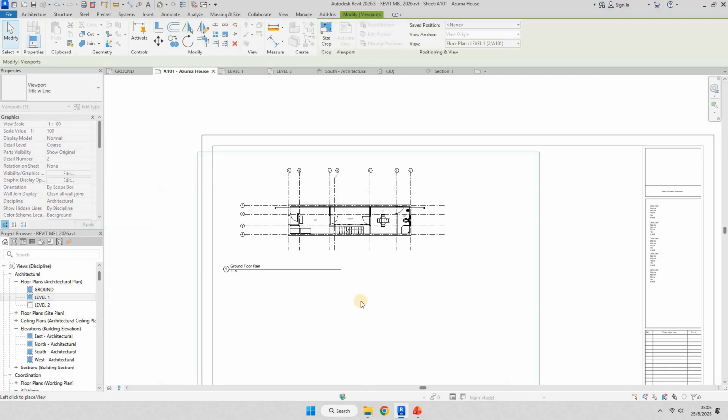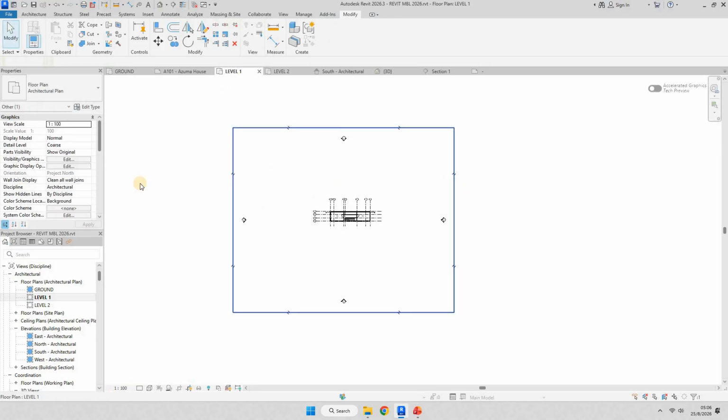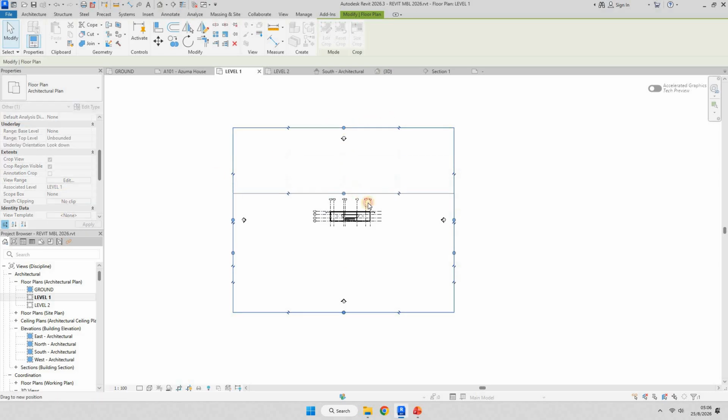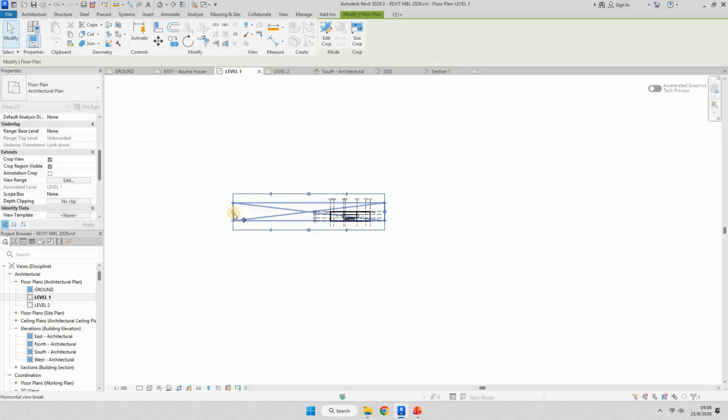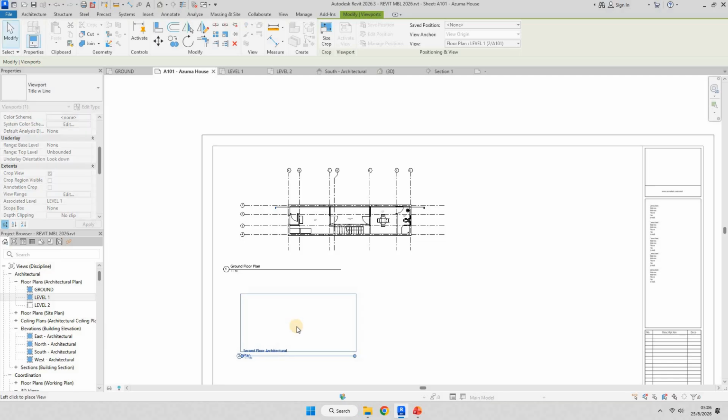We bring it here. Oh, we don't want the box. Let's go to level 1, same, click on the box, and then scope box, none, we make small, and then take out the region, and now we can move this one also here,